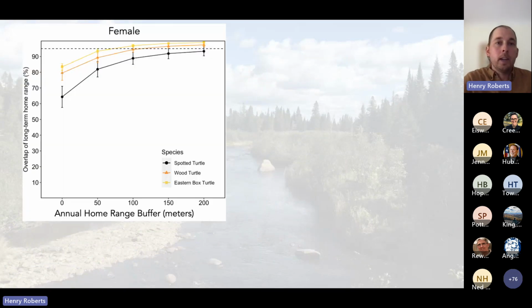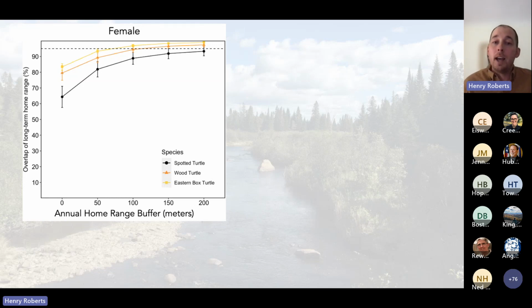And we can create these nice plots for each sex. So here we have the different species and the different line type and color. And for females, you can see on the left here, we have the different buffer sizes on the x-axis, and for the 0 buffer, so the annual home range, we have very high overlap with the long-term home range, between 65 and 85%, ranging across the species. So very high at that low level, and then it jumps up at 50 meters